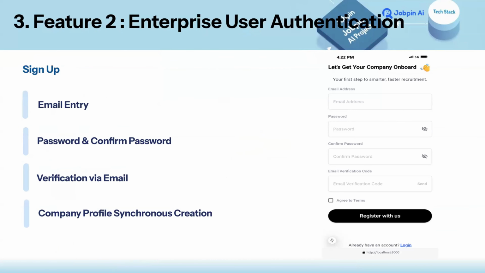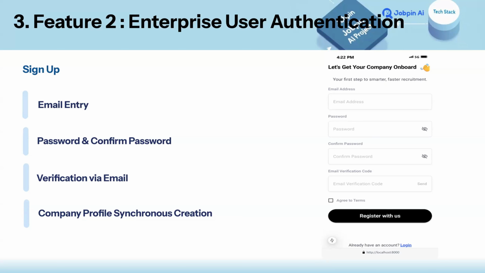Hi, this is our enterprise sign-up page. This is built specifically for company owners and their recruitment teams. Behind this interface, we just implemented a multi-tenant architecture that securely isolates each company's data to ensure that there is no data leaks. We also just set up a role-based access control for admins, employees, guest users, and member users,